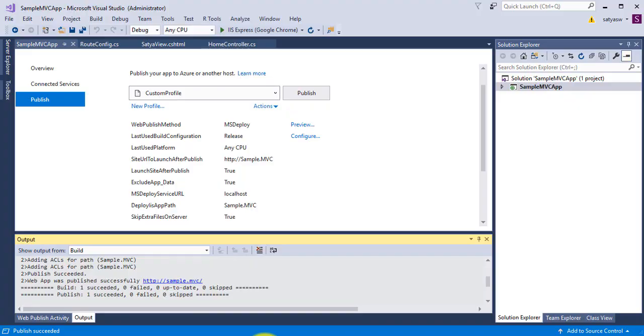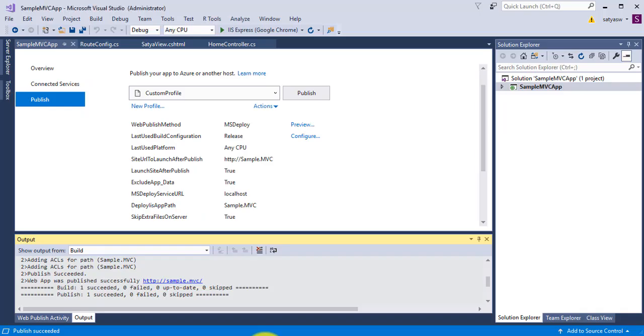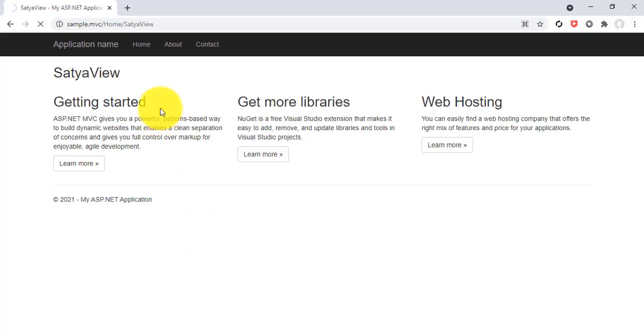No need to load again, I just refresh this one. After changes, my web application was published successfully, built successfully. So I just refresh this link,